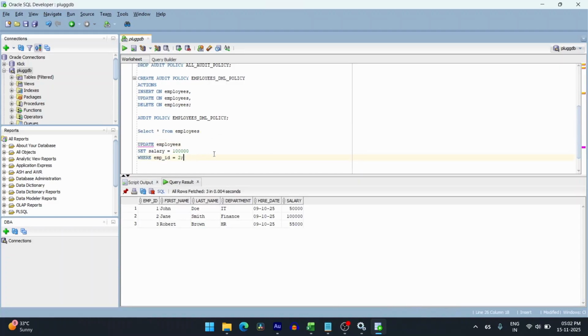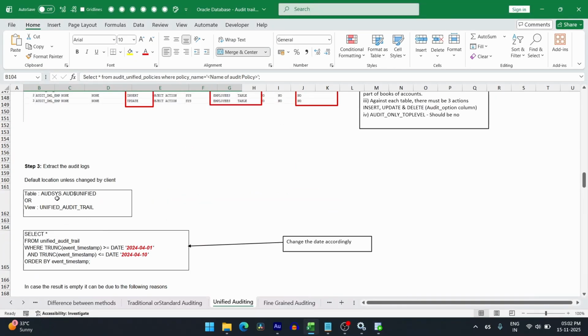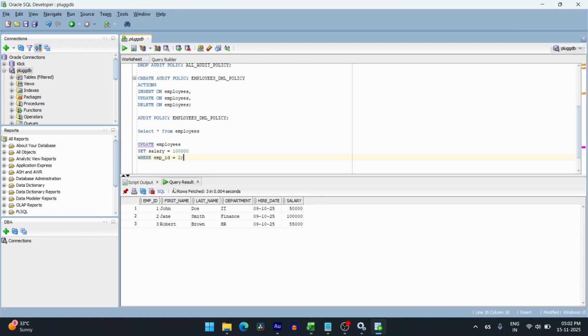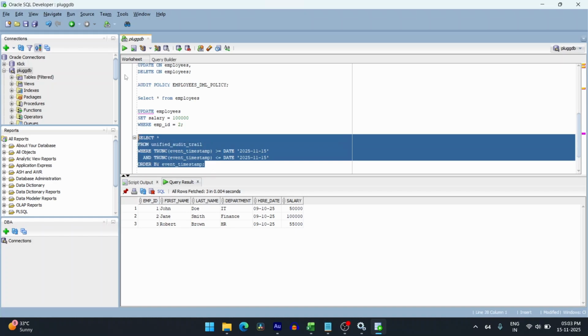And now let's see the unified underscore audit trail. The base table is AUD$UNIFIED in that schema, but mostly we use the view, which is unified underscore audit underscore trail. So we have a query which we can use if you want to query the audit records for a particular period of time or for specific days. Let me quickly put in today's date so that we are seeing only the relevant audit records. Okay, now once I execute this,